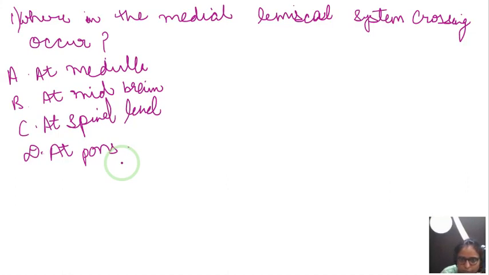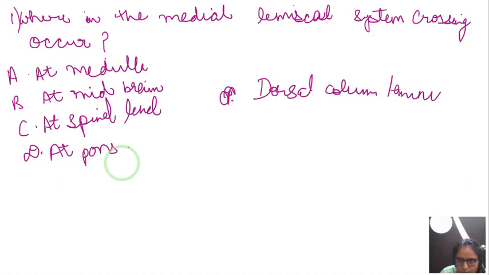So we have seen that the dorsal column lemniscal system,